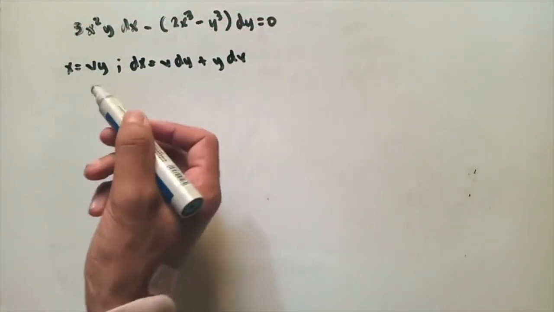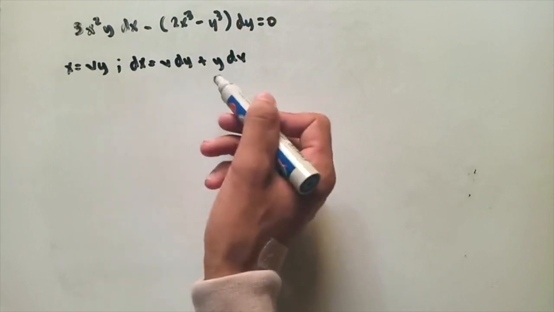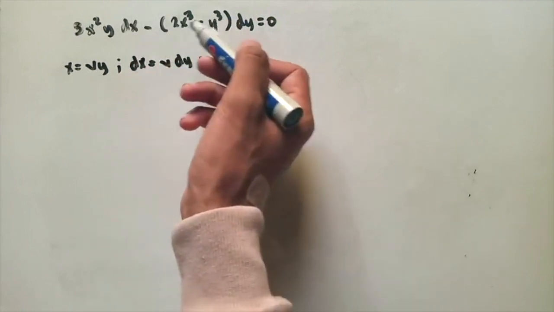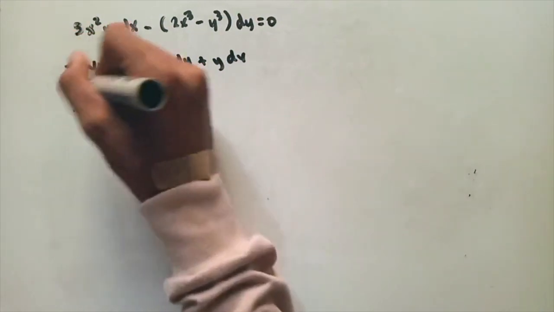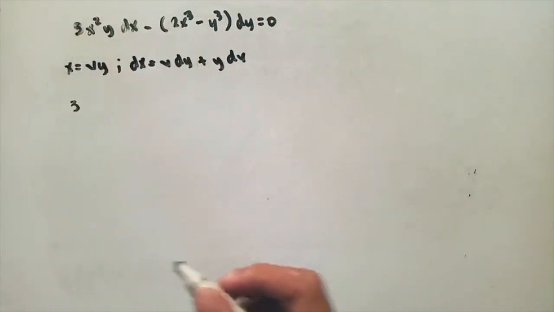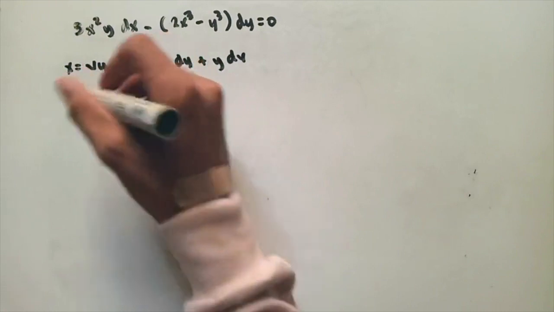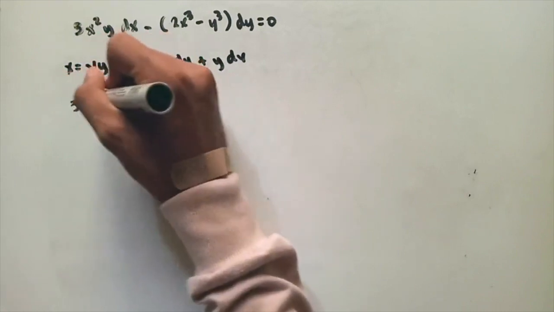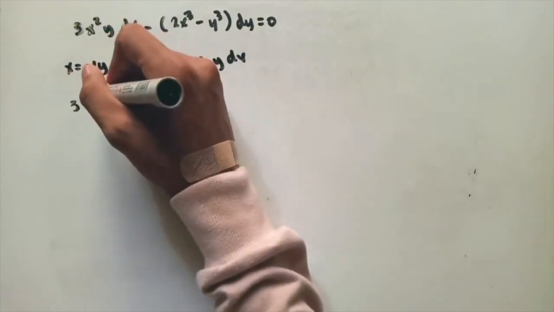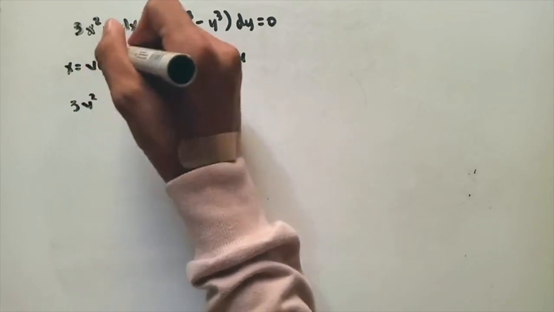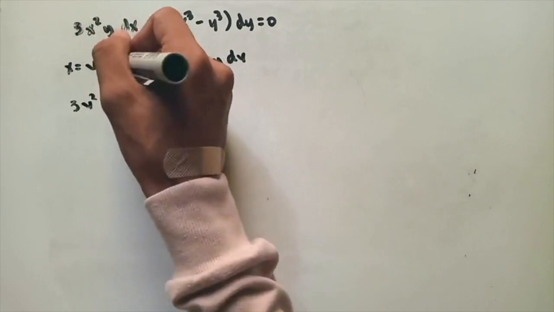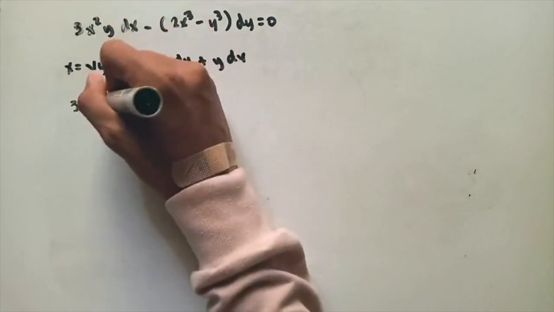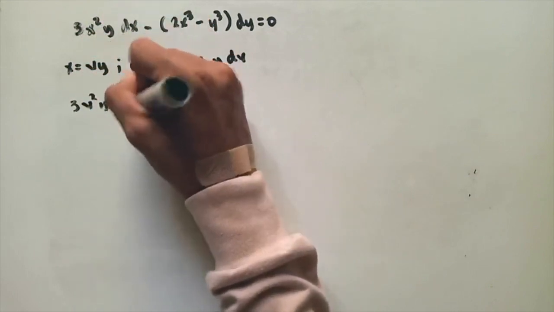Now, I will just substitute this value into the differential equation. So this will become 3 times vy squared, so this will become v squared y cubed, since x is vy, so this will become v squared y squared times y. So this will become y cubed and dx